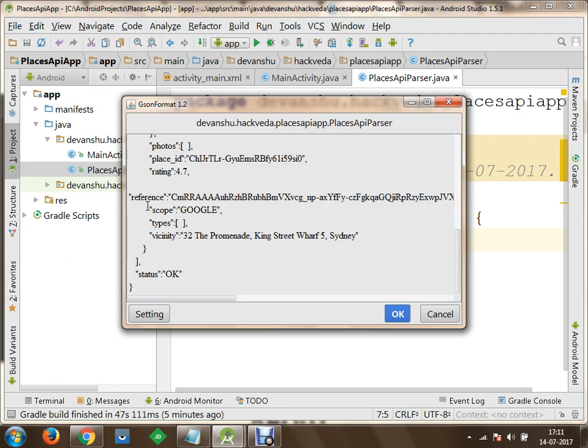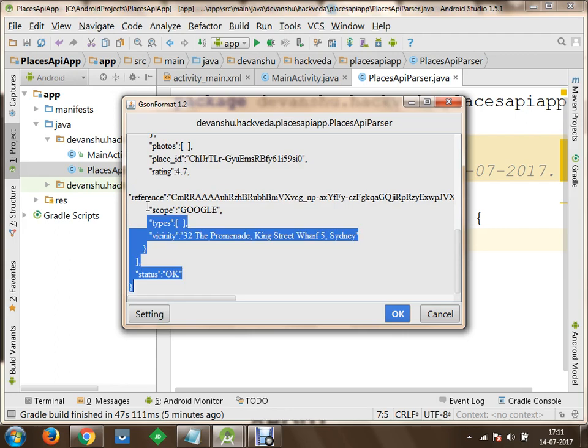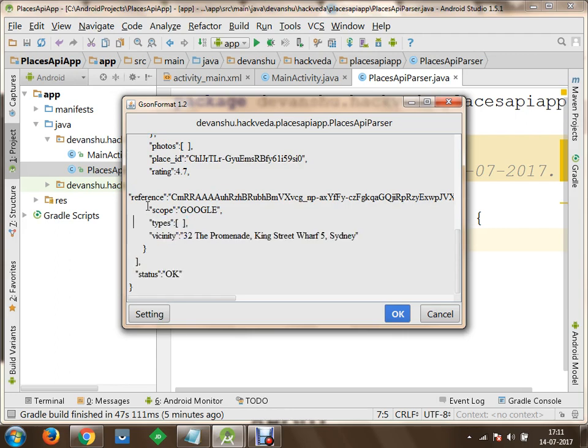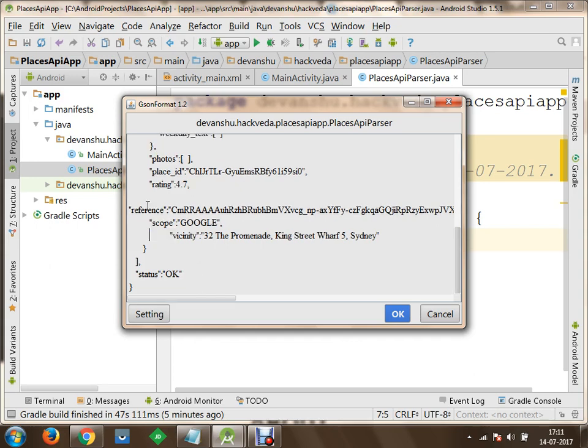Moreover, after this I would like to remove my types information as well because I don't want to read it. So whatever you don't want to read, you can quickly remove that.